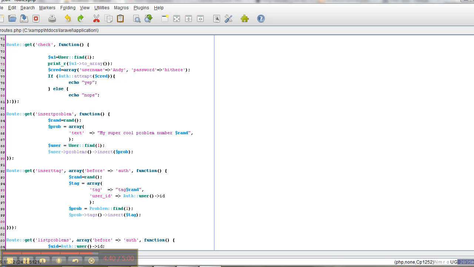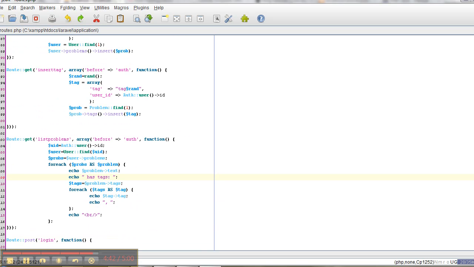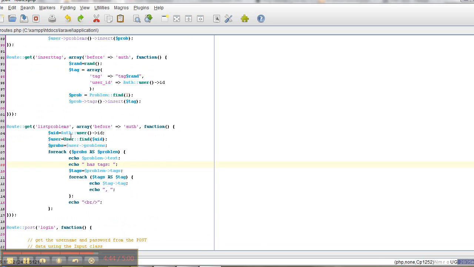Let me just show you how I was able to grab all that stuff just really quickly before we end here. On list problems, I did some authentication ahead of time. I was able to say, okay, give me all of the problems that belong to this user. For each one, print the text, and then say has tags, and then for each one, grab me the tags that it has and echo those tags. Let me just, well,